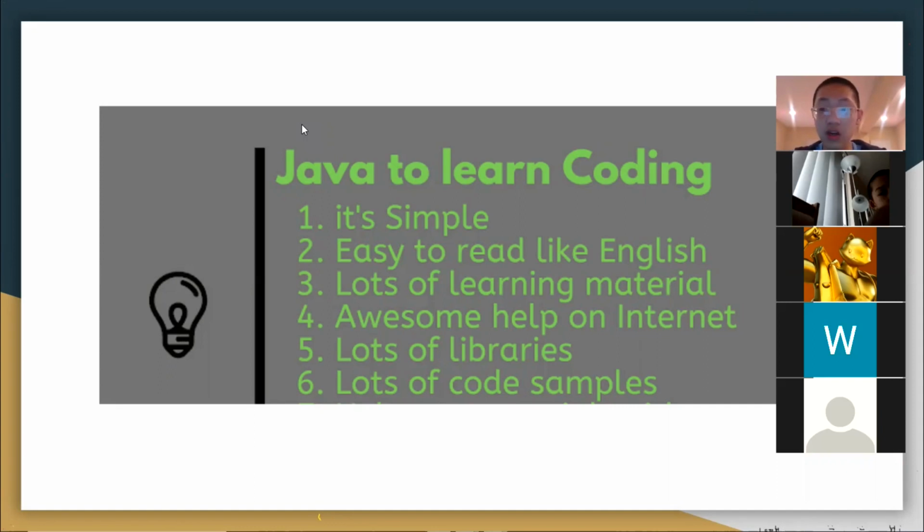Also, there are a lot of tutorials and guides around Java on the internet already, so if you have any questions, it's pretty much readily known information. There are a lot of libraries and lots of code samples, as I mentioned earlier. The Java community is quite broad, and a lot of game developers and code developers already use Java. So yeah.